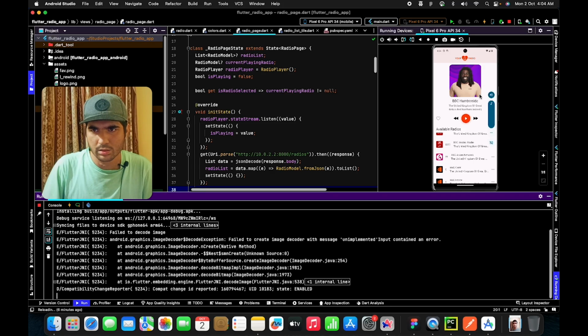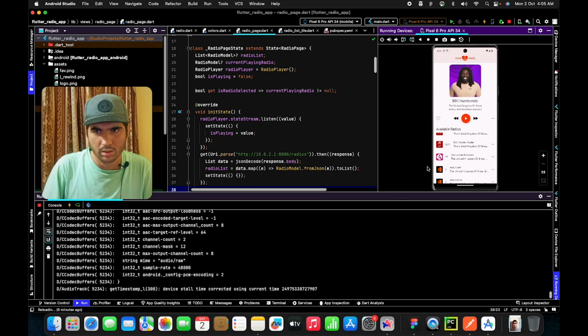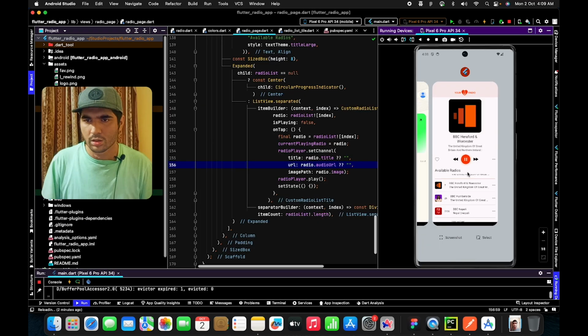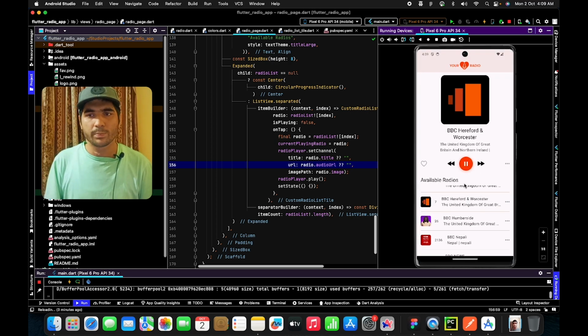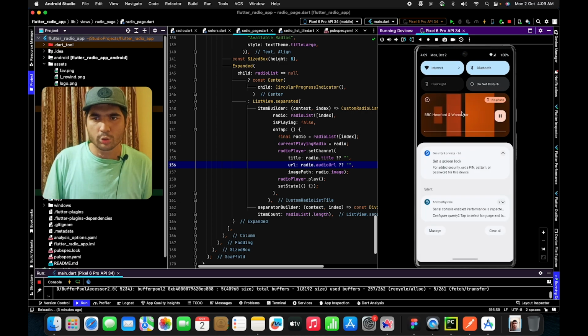And let's see the audio. Okay, now if I click on it, you can see the radio is playing. Also, the package that we have added, if you go back, you can see that it is automatically added to